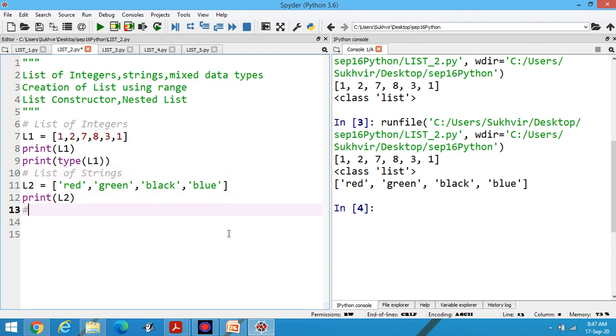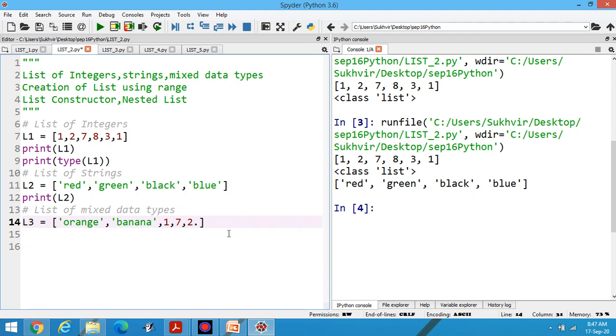Then what about mixed values? List of mixed data types. Suppose I am writing L3 and inside square brackets, suppose I am writing orange, then banana, then 1, 7, 2.3, then 3 plus 7j, like this.